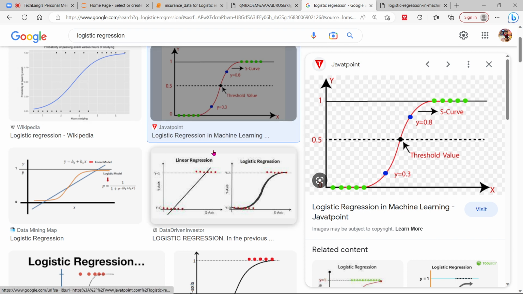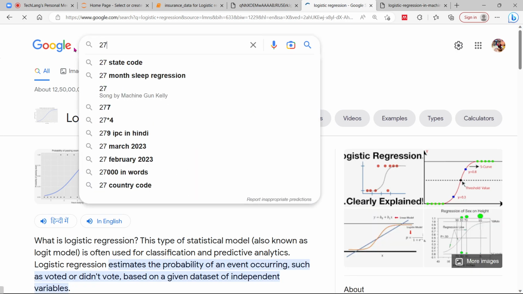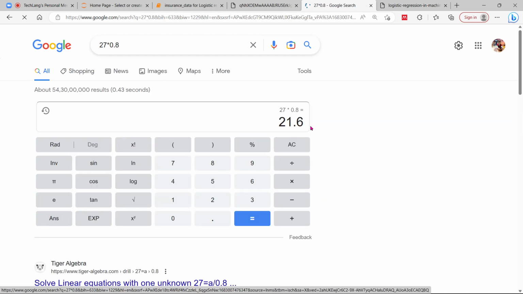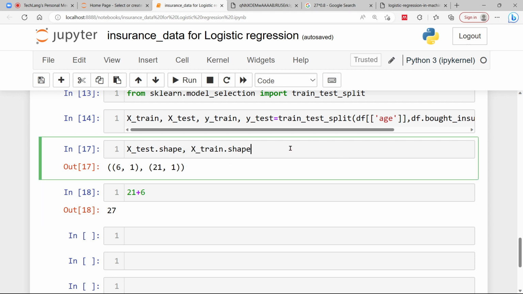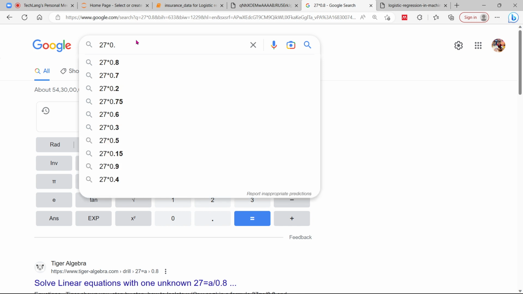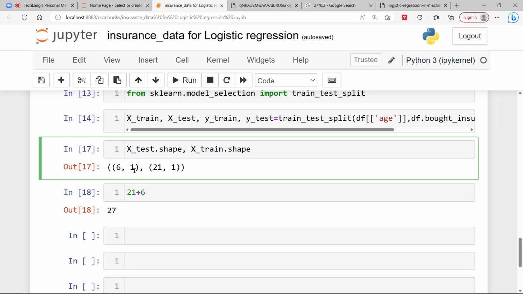If I go to Google, 27 multiplied by 0.8 will give around 21.6, which is 21 for the training data set. For the 20% data set, I'll multiply 27 with 0.2, which will give 5.4, which is around 6. So you can see 6 records are going with the test data set